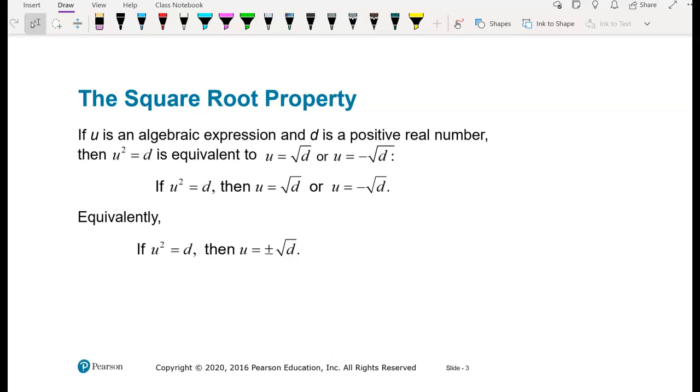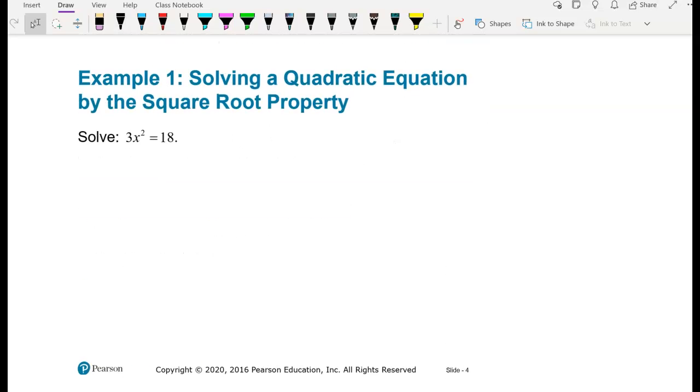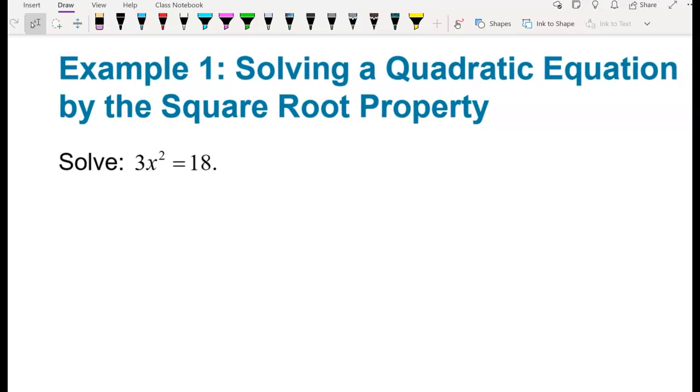Alright, this is the square root property. It just means that when you take the square root, you have your plus or minus of your answer, and you'll have that square rooted answer as your result. So we kind of did a little bit of this when we were solving in our last video,